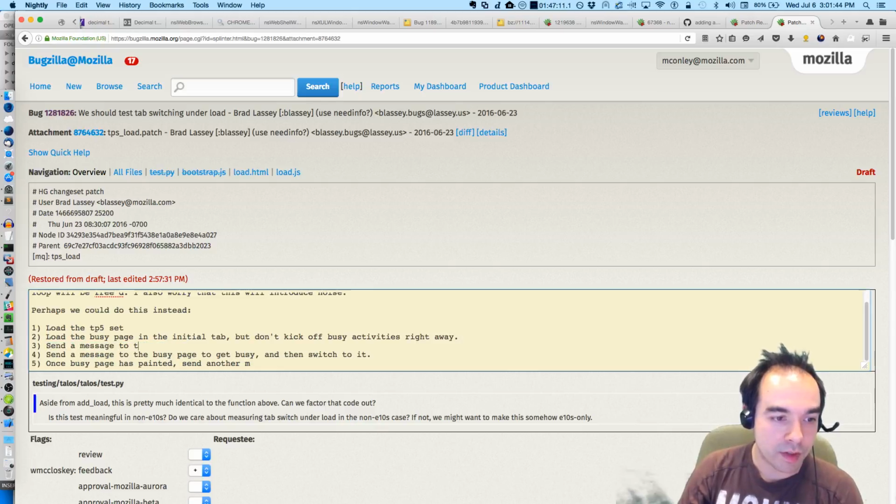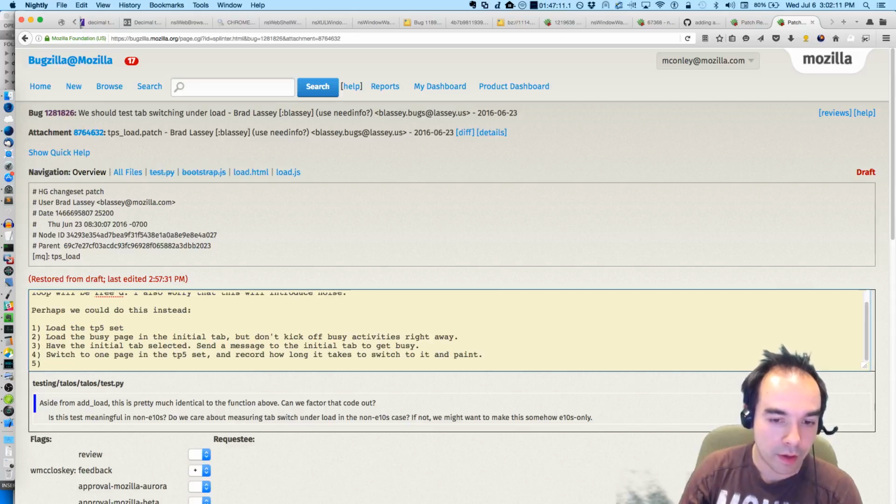Send a message to the initial tab to get busy. Have the initial tab selected. Switch to one page in the TP5 set. Record how long it takes to switch to it and paint.